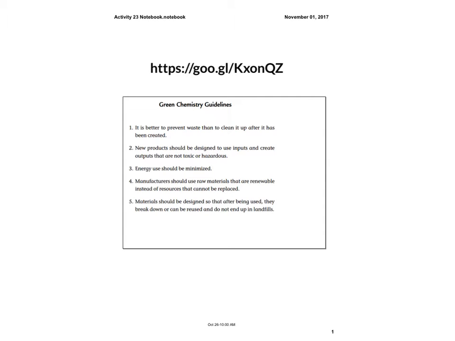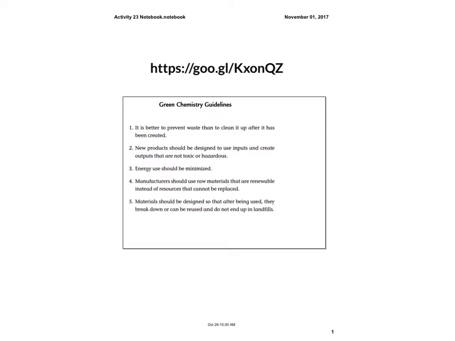So Analysis Question 3 in the textbook says, etching circuit boards creates large amounts of copper-containing toxic waste. What ways can you think of to reduce the amount of copper-containing waste produced in the United States? Okay, so just to sum up, the question wants to know, how can we reduce the amount of copper-containing waste in the United States? It's a very prevalent amount of waste, specifically coming from computers, which is what we're talking